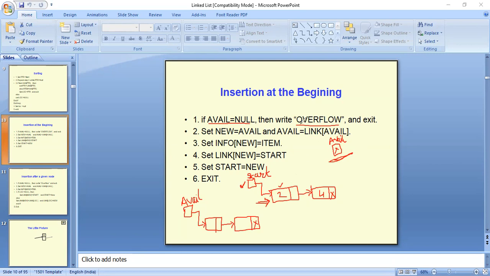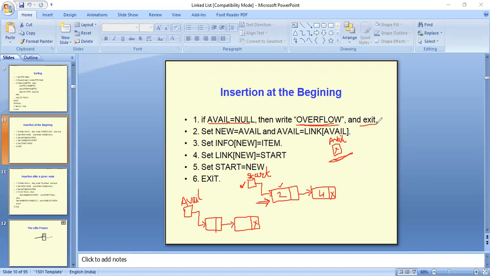So it will be the condition of overflow. That means you cannot add a new node into the list and it will simply exit. We have to check whether the condition is of overflow or not. So if it is the condition of overflow, it will simply write a message that it's overflow and it will exit.